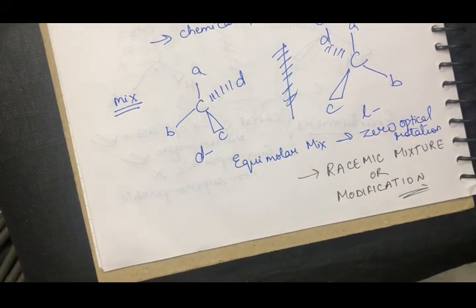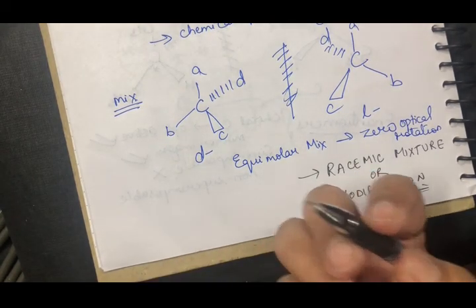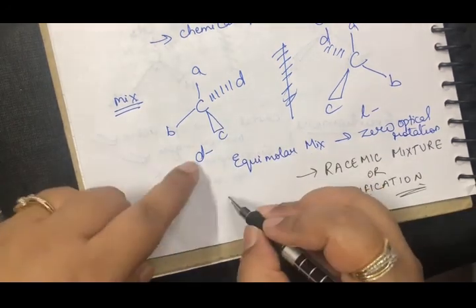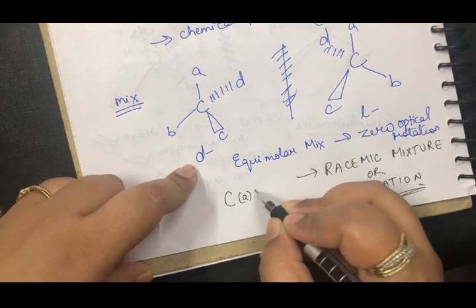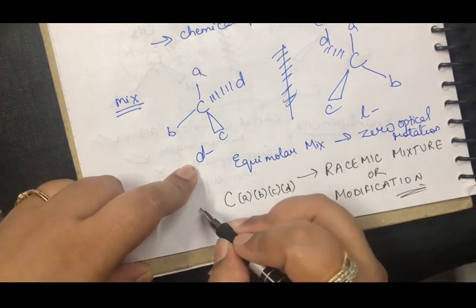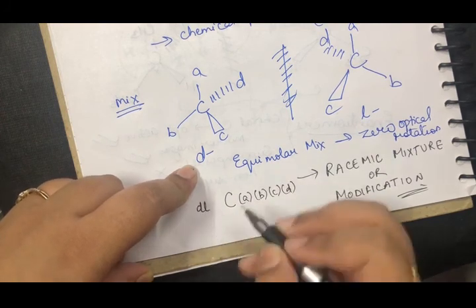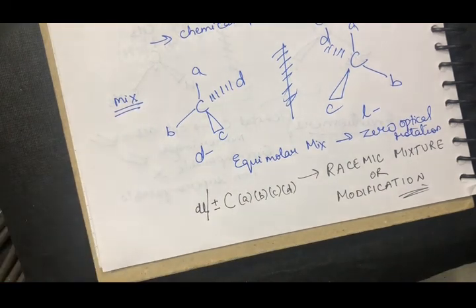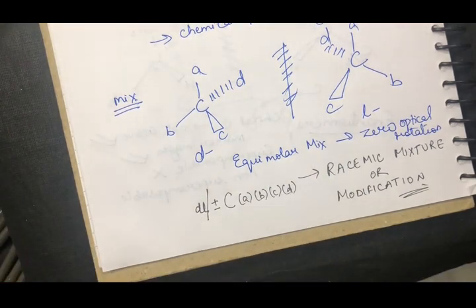तो अब अगर मुझे रेसिमिक मिक्सचर का कोई एक फॉर्मूला लिखना हो या स्ट्रक्चर लिखना हो, अगर मुझे यही लिखना है, ये मेरा कार्बन है, इसके पास एक A है, इसके पास एक B है, इसके पास एक C है और इसके पास एक D है, तो इसके नाम के आगे मैं सिर्फ DL लगा दूंगी, या मैं इसके नाम के आगे +- लिख दूंगी. Either one of them. DL इकट्ठा और +- इकट्ठे लिखने का मतलब है that there are equimolar mixtures of both of them present, and that is why the optical rotation is 0, and this mixture is called a racemic mixture.